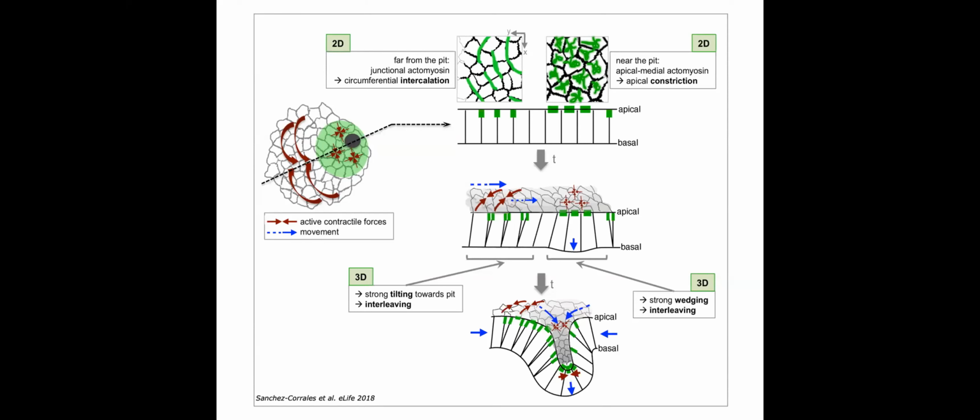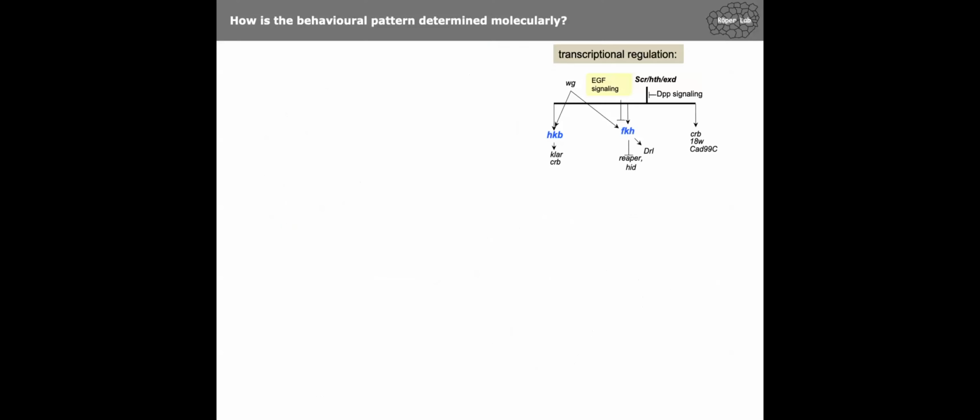Is this all through genetic control? Are there mechanical implications of the process that we wanted to understand? And so we knew from the literature that there's a cascade of transcriptional regulation that defines the primordium downstream of,